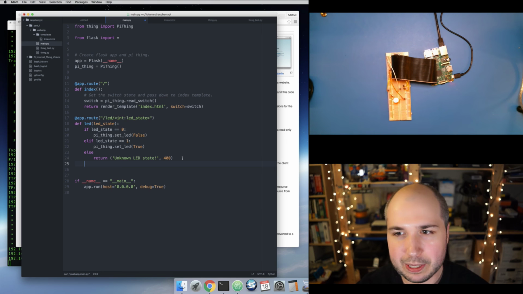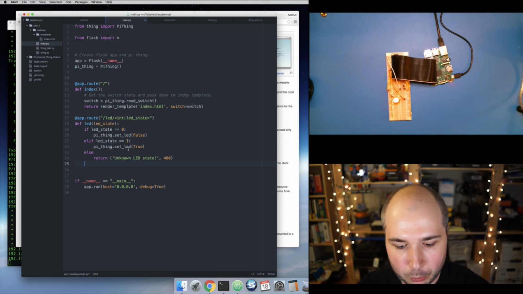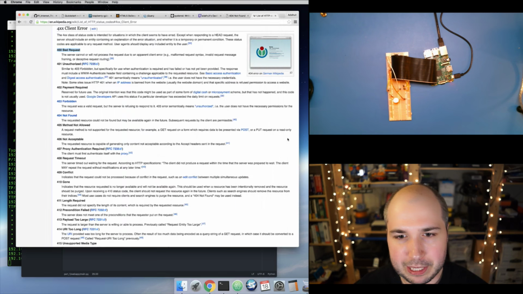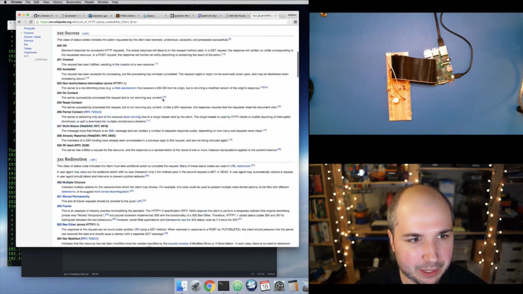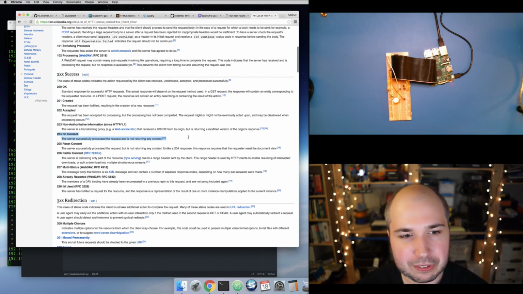Now there's one other last thing. So in the case where you pass in a good value, we're going to set the LED state, but then it's going to keep going. And Flask would normally complain unless I return some kind of a good result back. So in the case that everything works, we're going to return actually no message, just nothing, and we're going to return a 204. And 204 means not modified. If I go back up here, or no content, sorry,